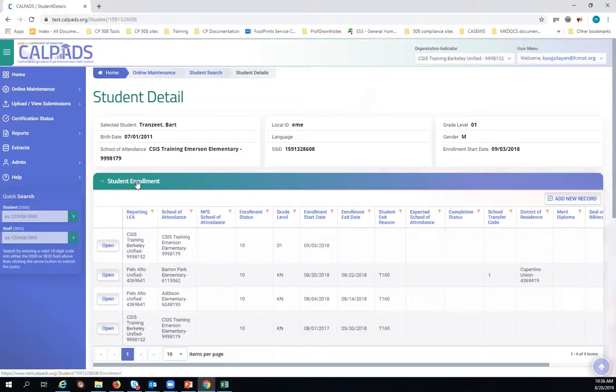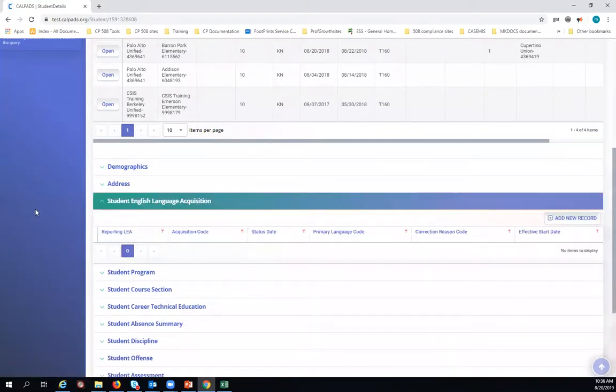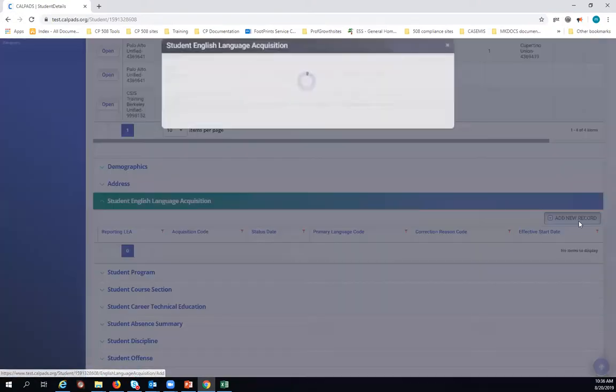Apparently, no one reported a SELA record for this student, and so it is my responsibility to check if that's true. So I go to Student English Language Acquisition, and true enough, Palo Alto never reported the student, and unfortunately, I haven't reported the student too. So I'll just click on Add a New Record,